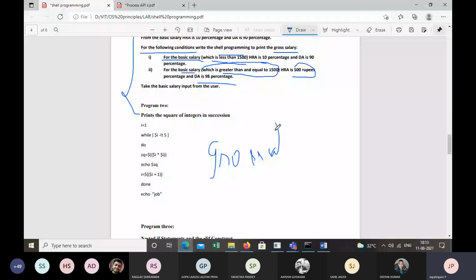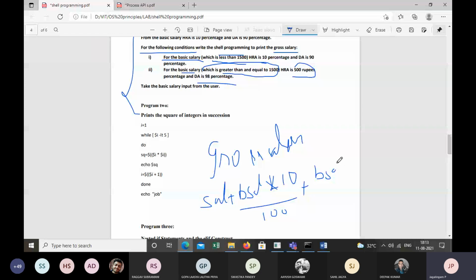That is the basic salary plus basic salary into 10%. I'm writing for the first condition: into 10% divided by 100, plus basic salary divided by 100 into 90%. This is the formula for condition 1.